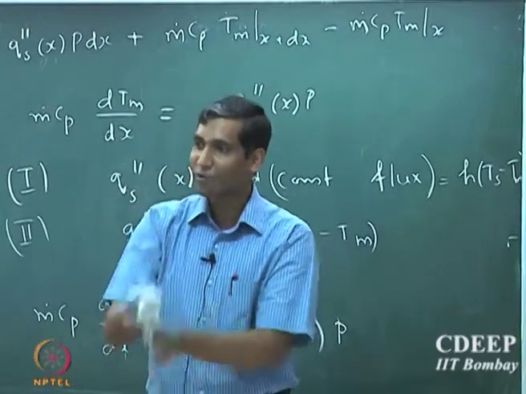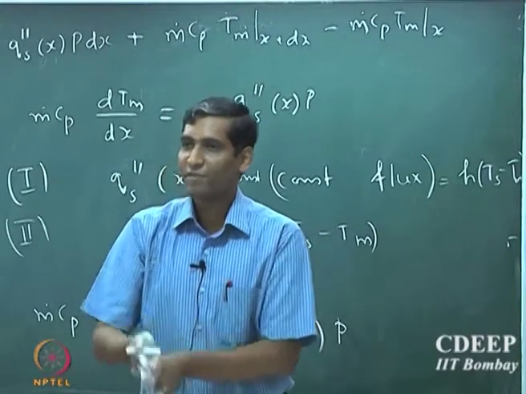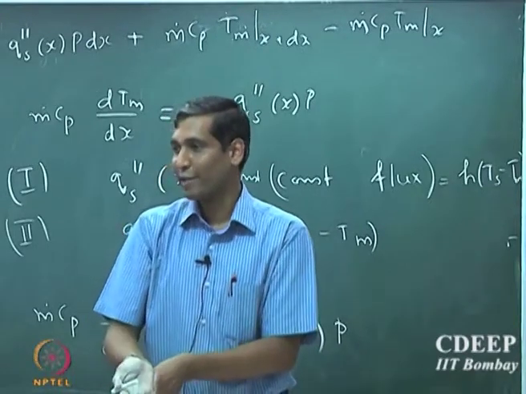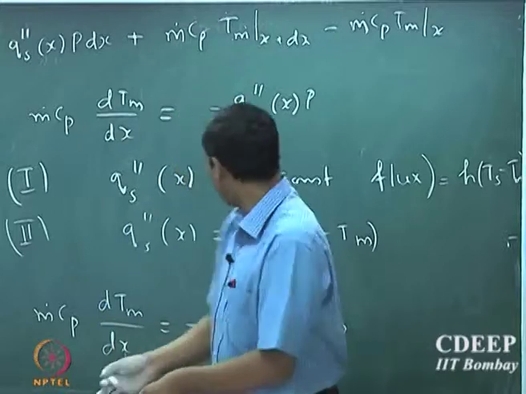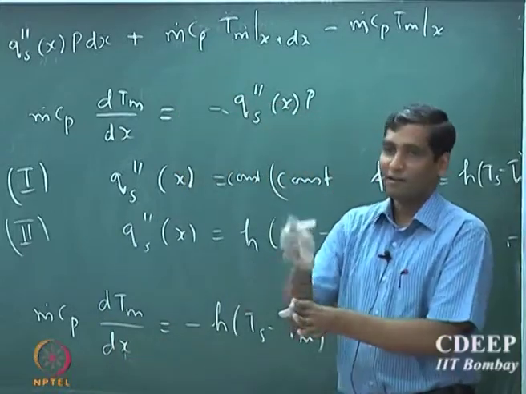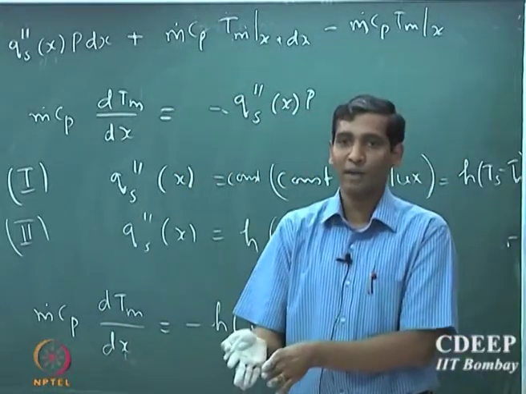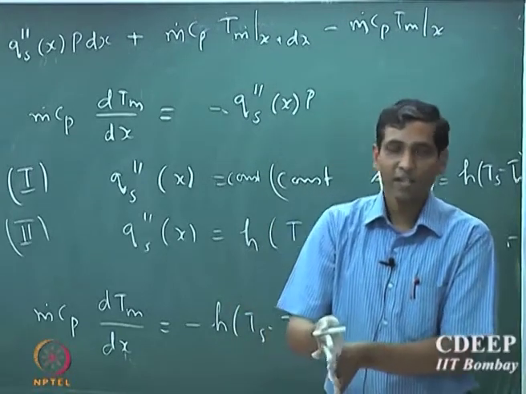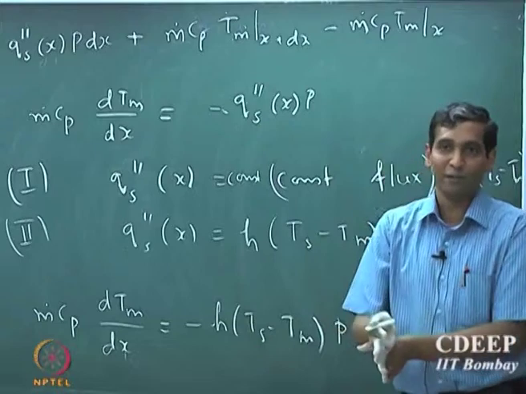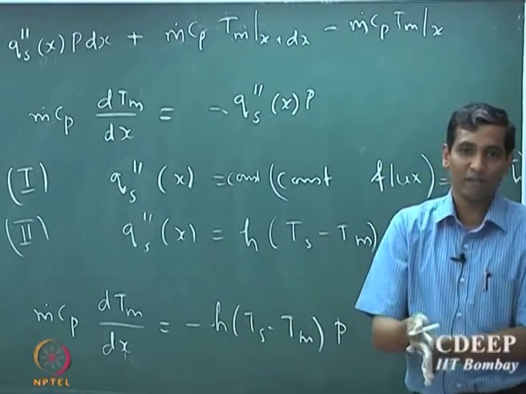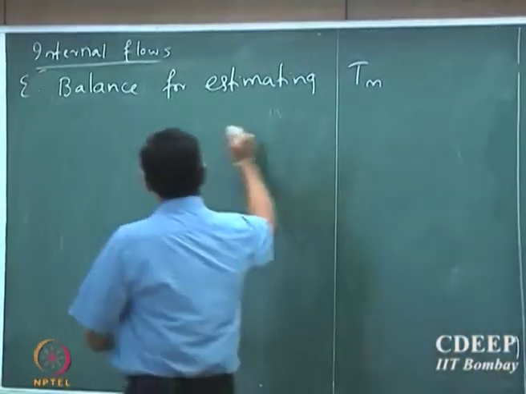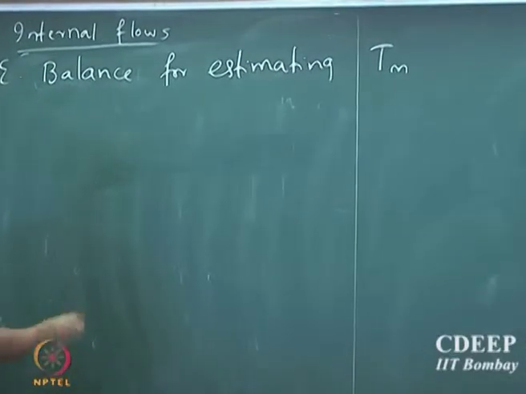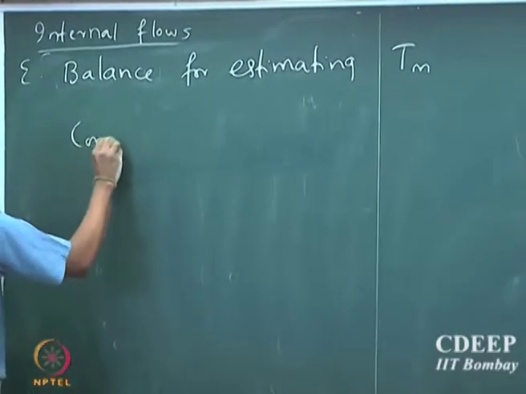So therefore, you have to take into account the effect of the velocity on the amount of energy that is carried. And that's why Tm will account for the local velocity and also the local temperature in the fluid at any cross section. So it's a cross sectional average weighted with the velocity profile. So suppose I find for the constant flux case,